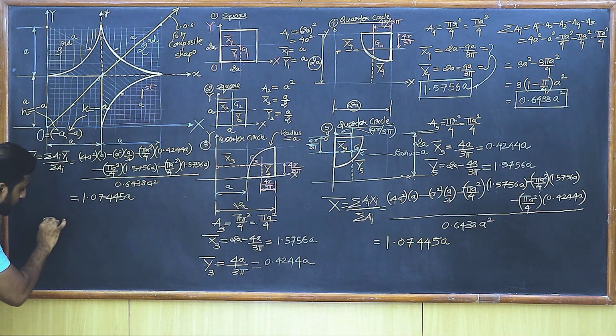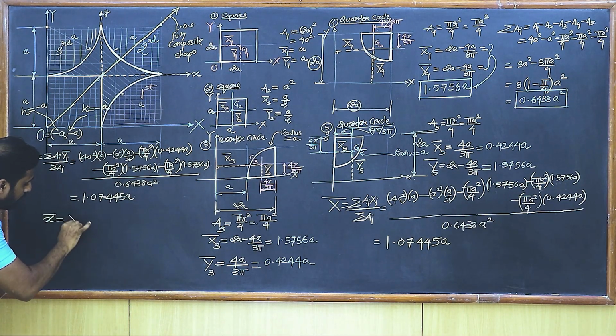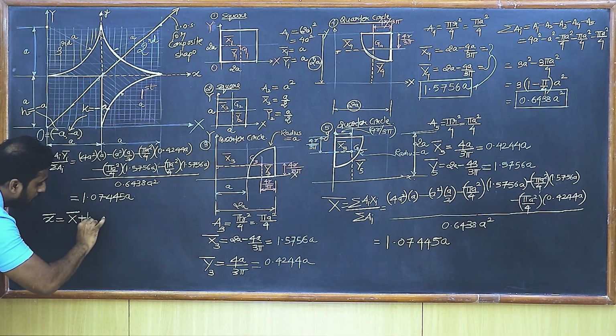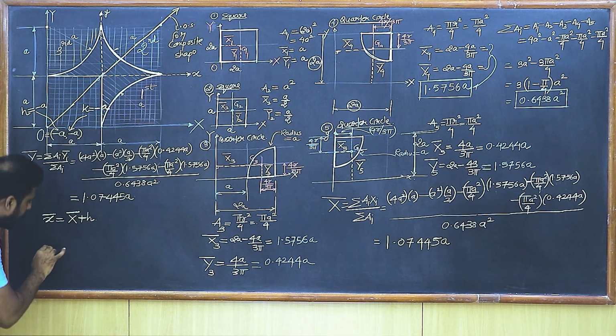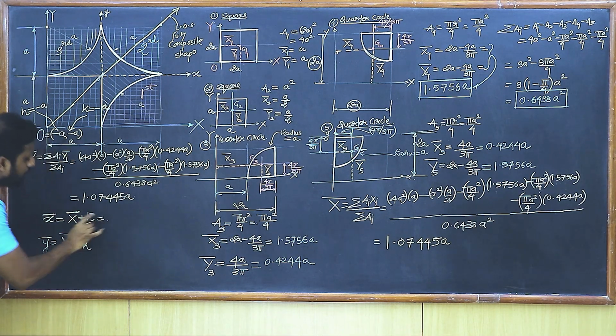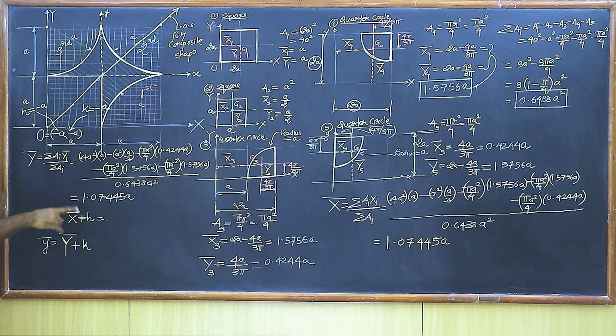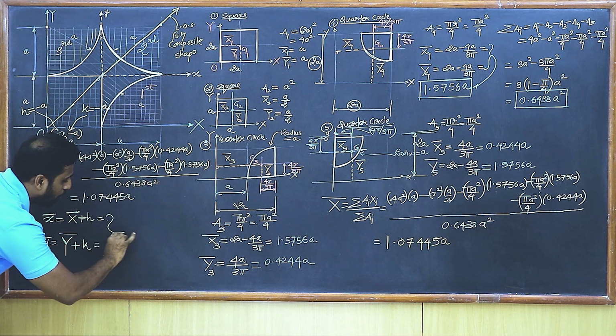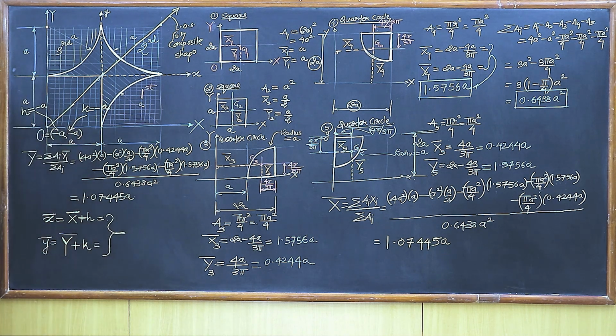Now don't you know that small x will become equal to capital X plus H, isn't it? And small y is going to be capital Y plus K. Now you tell me what is x bar here? The value of x bar, y bar, both of them have come same. H and K, both of them are same. So both the values are going to be same, isn't it? So let's get both the values together. So x bar or y bar, you take it is